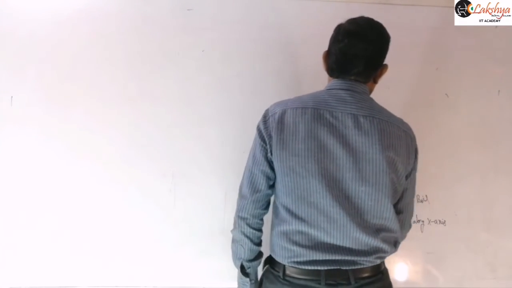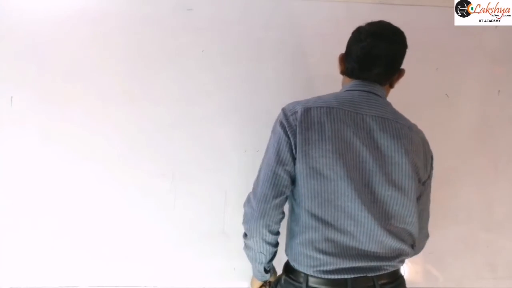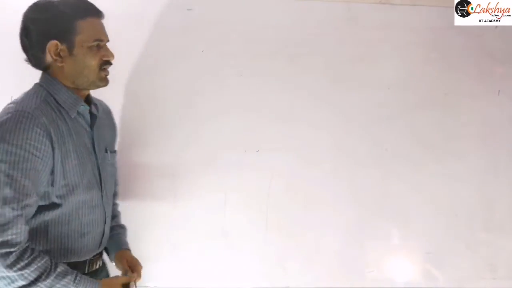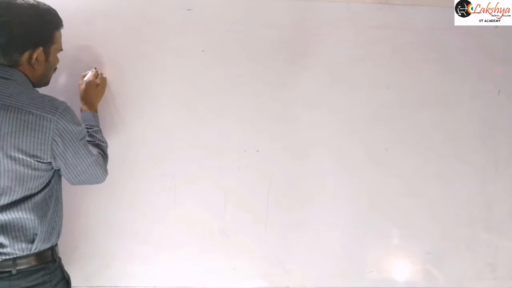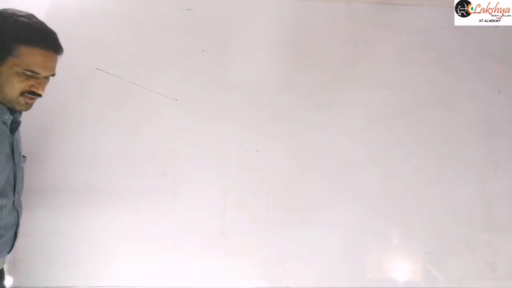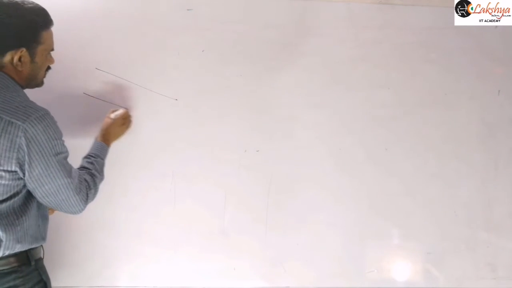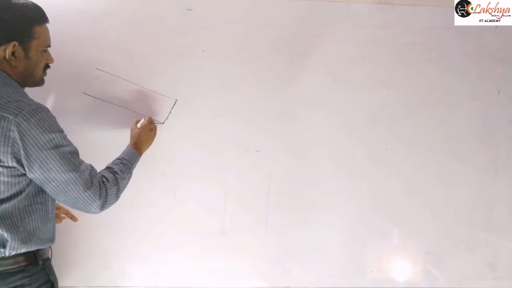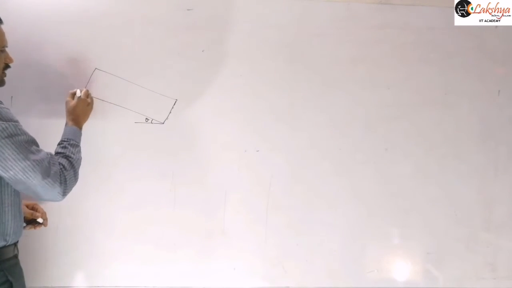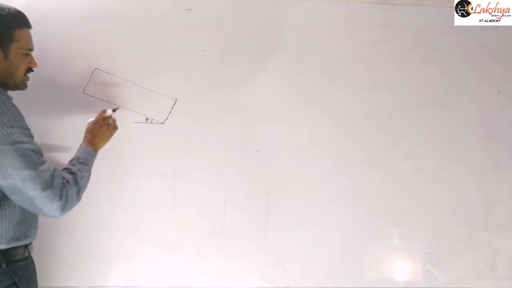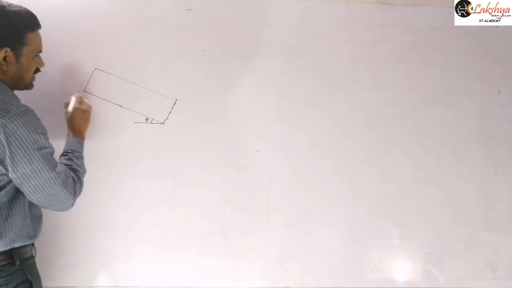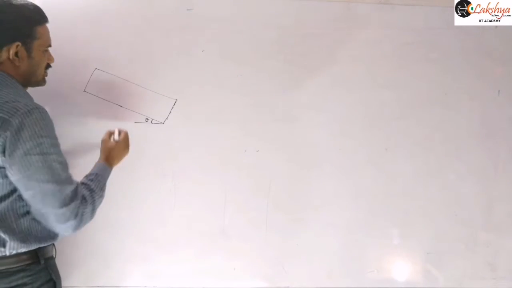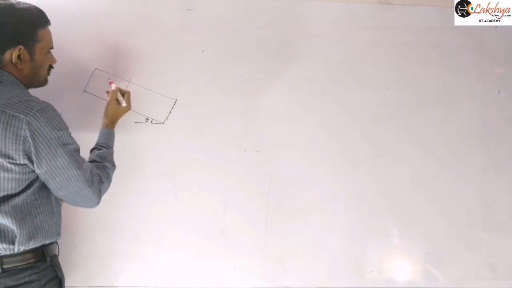Next, some problems will be related to mechanics concepts, and by simply applying the simple mechanics concepts you can solve these problems. Suppose an inclined plane is placed like this, which makes an angle theta. Now a current carrying wire is placed on that inclined plane and it is slipping. The wire is of mass m.